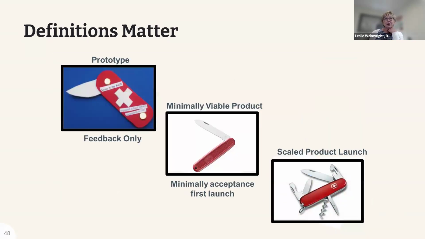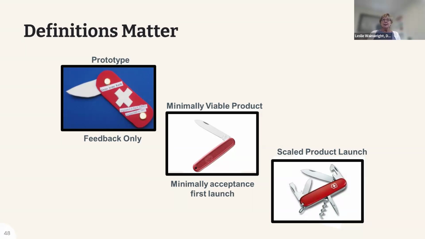So definitions do matter. And I've always leaned on this particular schematic to outline that distinction between when you go from a prototype to a minimally viable product or solution to that scaled launch. The prototype is to get feedback only. Many of you have probably been in some type of facility initiative where with cardboard and foam board, you'll mock up a new reception room, elements of a patient room where you use stickies all over the place to give feedback. It's that lowest fidelity, tactile approach to a product or solution that allows you to get some of that early